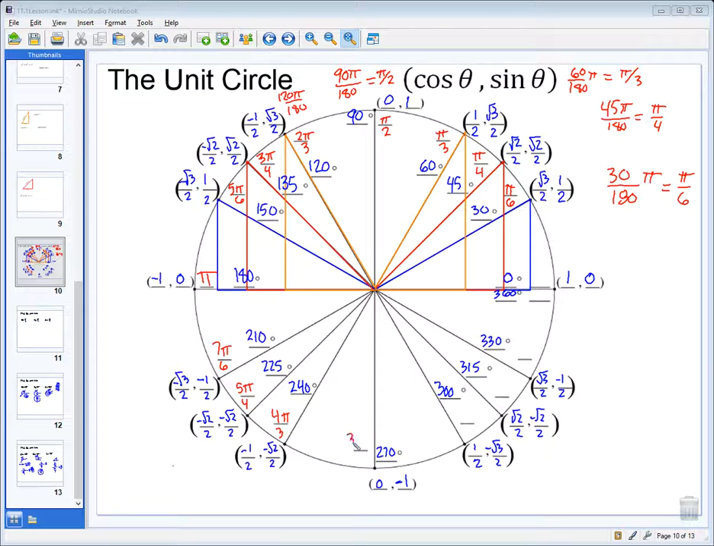At 270, it's 3 pi over 2. At 300, it's 5 pi over 3. At 315, it's 7 pi over 4. At 330 degrees, it's 11 pi over 6. And at 360 degrees, it's 2 pi. So now we filled out the entire unit circle using radians instead of degrees,